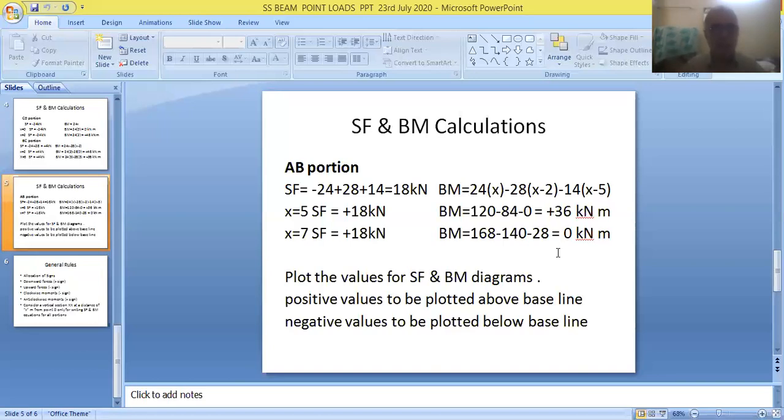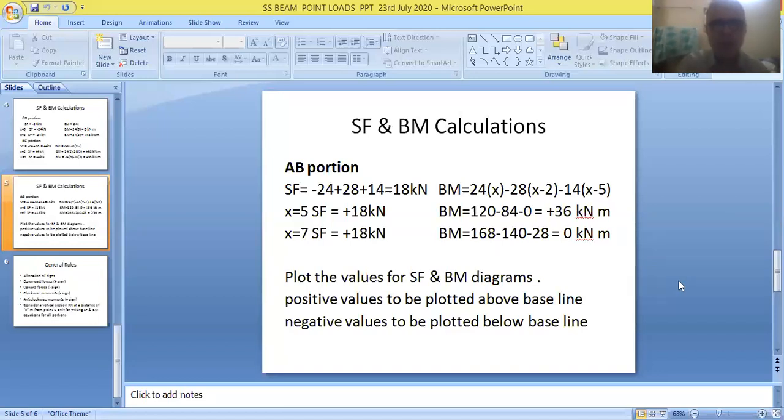And finally, friends, fixing of limits is very, very essential for all the portions. Fixing of lower limit and upper limit for CD portion. Fixing lower and upper limits for BC portion. And finally, fixing lower and upper limits for AB portion. So friends, take precautions regarding all these rules. Try to remember, memorize all these rules. Automatically, you will be in a position to get the correct results.